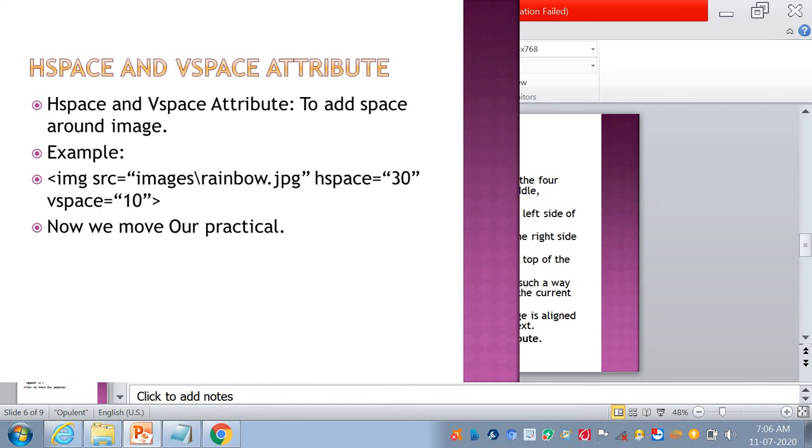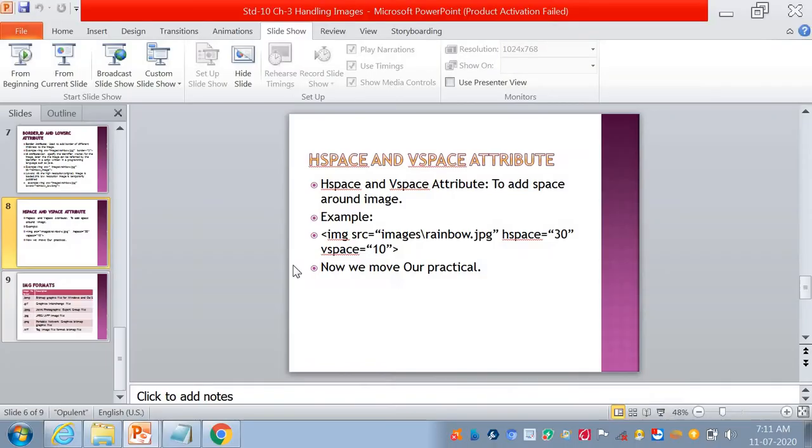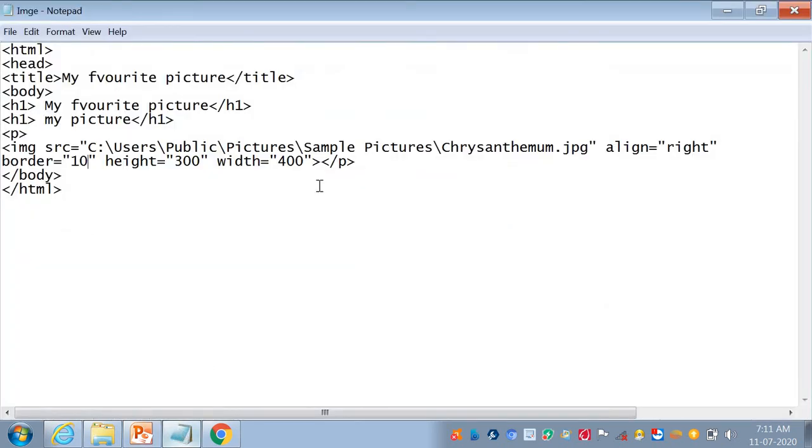Now we move to our practical. Here I add hspace is equal to "100" and vspace is equal to "200".